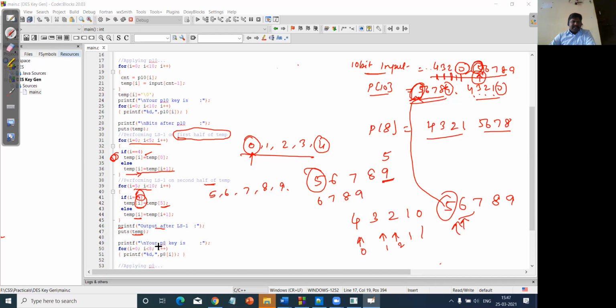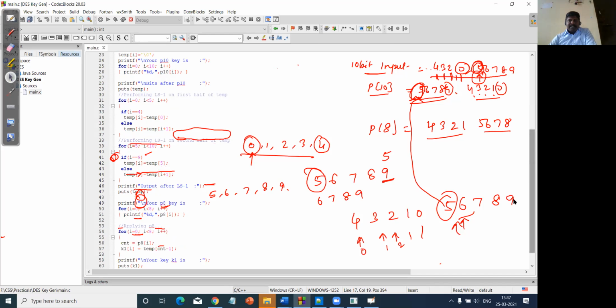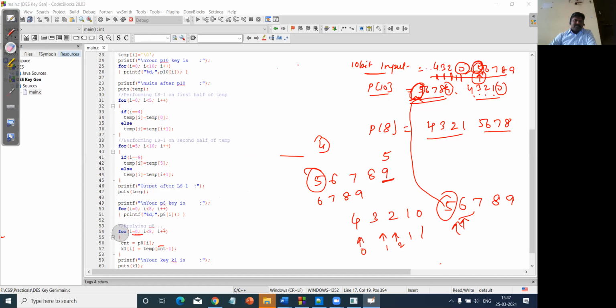Similarly, our P8 key will be, so here I did some changes. It is a 10-bit value, and here I did not do any reduction in this explanation. So here we have a 10-bit value which we stored in the temporary values.